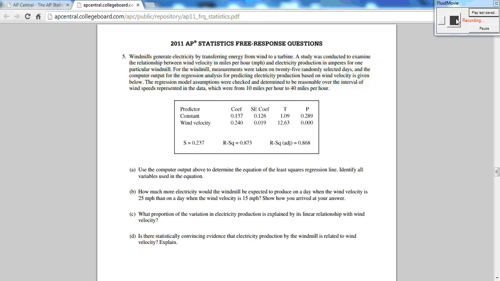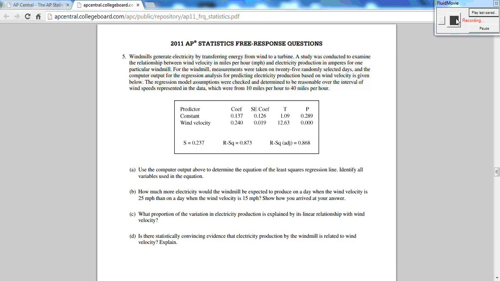Part D, is there statistically convincing evidence? We're going to learn in the upcoming chapters how to do this. We would just want to make sure that at this point we're not assuming that a good model or a linear association means a cause and effect relationship. So kind of disregard part D. And to go back to part C, we talk about what proportion of the variation. Again, it's not asking whether the model is appropriate, it's just asking for the proportion, which is a way we measure the strength of a model in terms of the variation of y accounted for by the variation in x. So just listen to this, read it, pause the video where necessary, but make sure you're